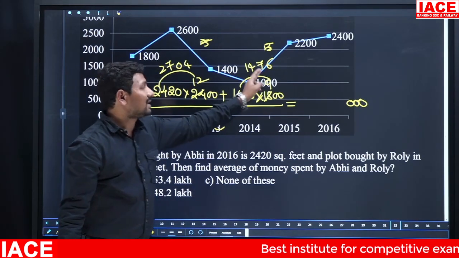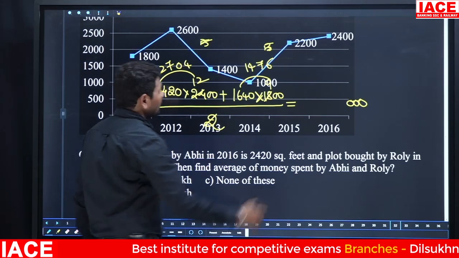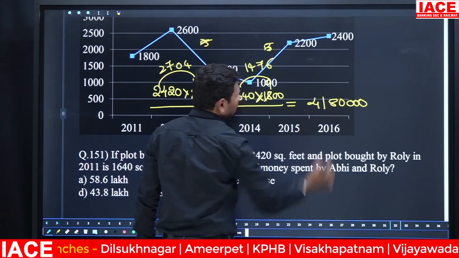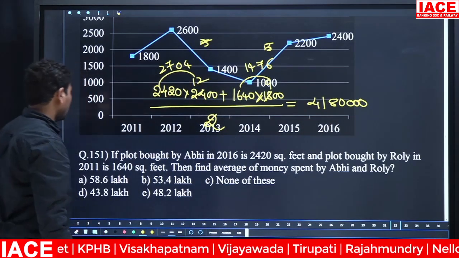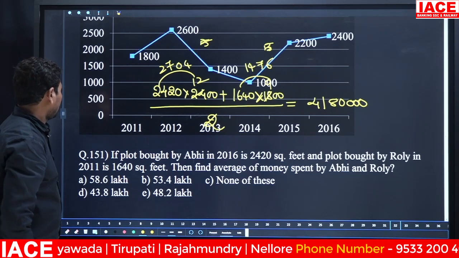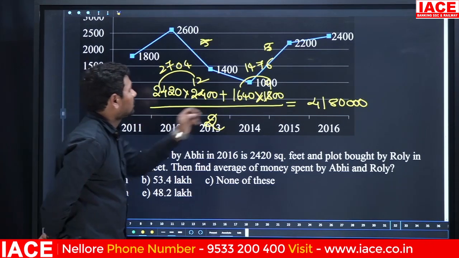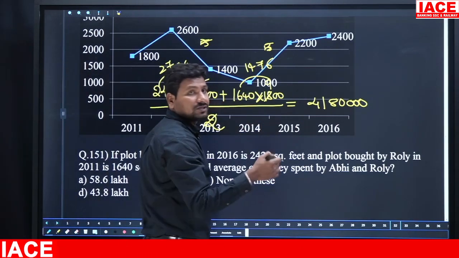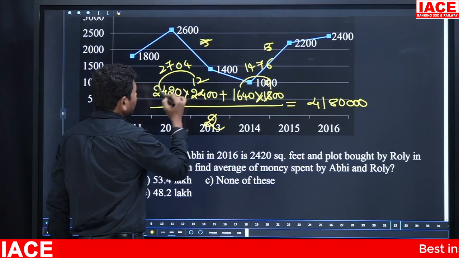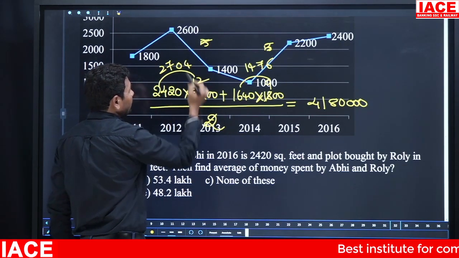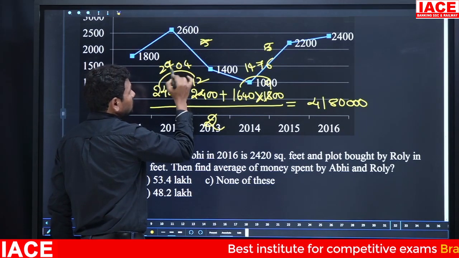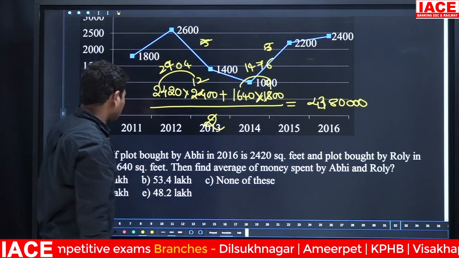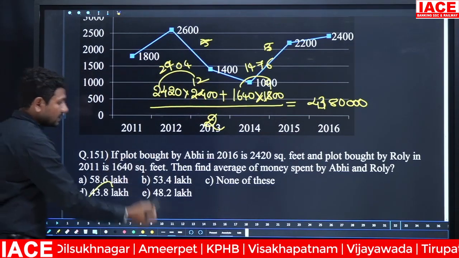1476. 4 donate here, it becomes 1480. 80 and 14 will be added to 27, it becomes 41. 418000. Here check 27 plus 14, 16 9s are 144. 418000. But when multiplying, 12 4s are 48, 50 and 0 and carry forward. 12 2s are 24, 24 plus 5 is 29. 29 plus 14 is 43. Then the answer is 43.8 lakhs. Option D is correct.